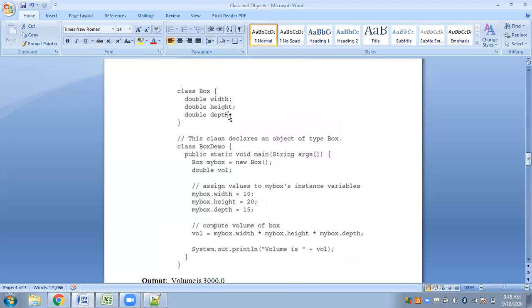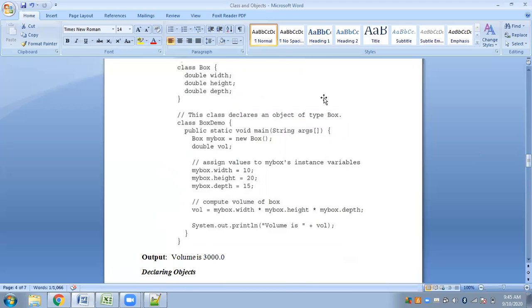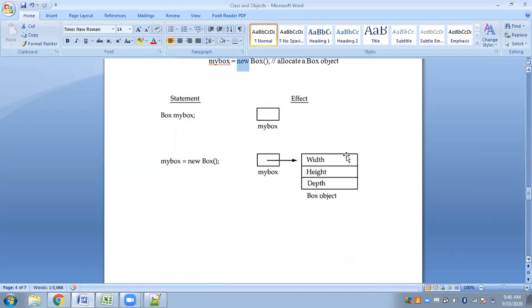We had the box class. Yes, we had only three instance variables: width, height, and depth. Now, if you were to implement this, you have to create an object. So likewise, we have created an object, and for each of these three variables, we have three different spaces assigned to this particular object. So this width, height, and depth will consist of values for this particular object created.